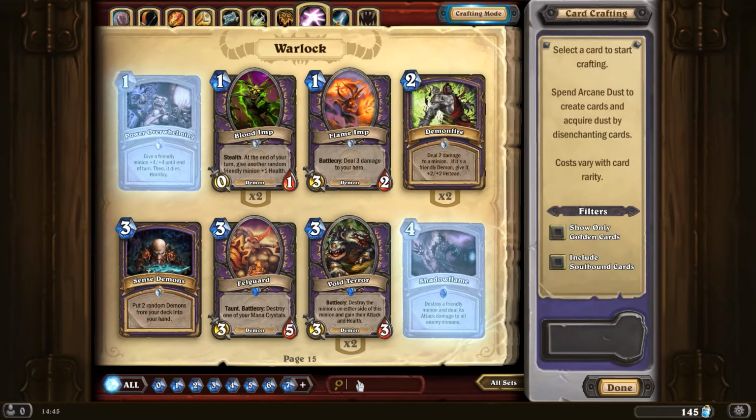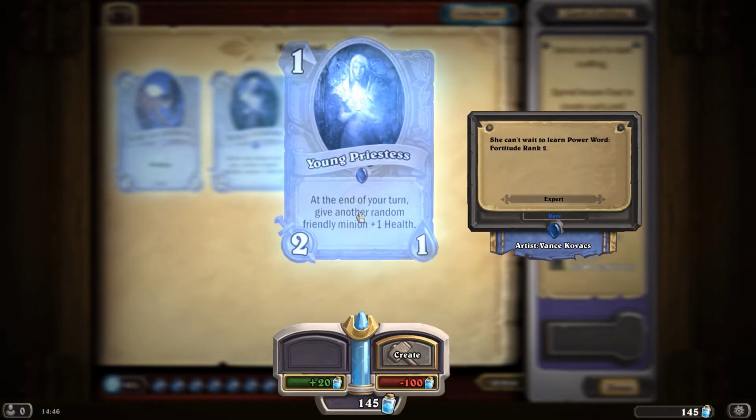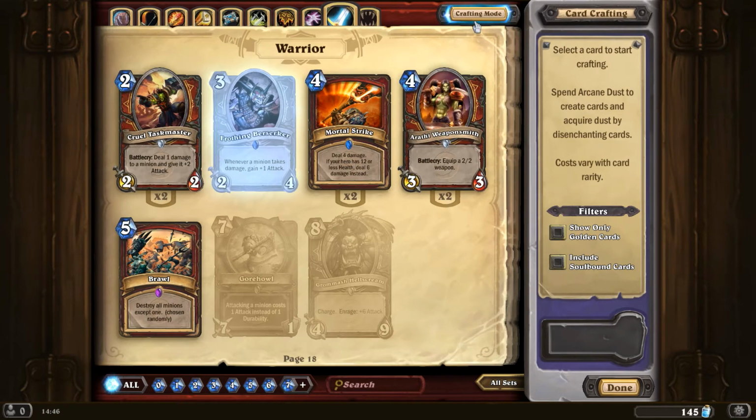So as you can see, we're gonna go find the Young Priestess now, and here is the same thing but without the stealth, and it's a 2/1 for 1 as well. So it's a weak one of these, but the Blood Imp does have stealth, so it can stay on the board for longer than a Young Priestess. The next one that has been kind of nerfed is...